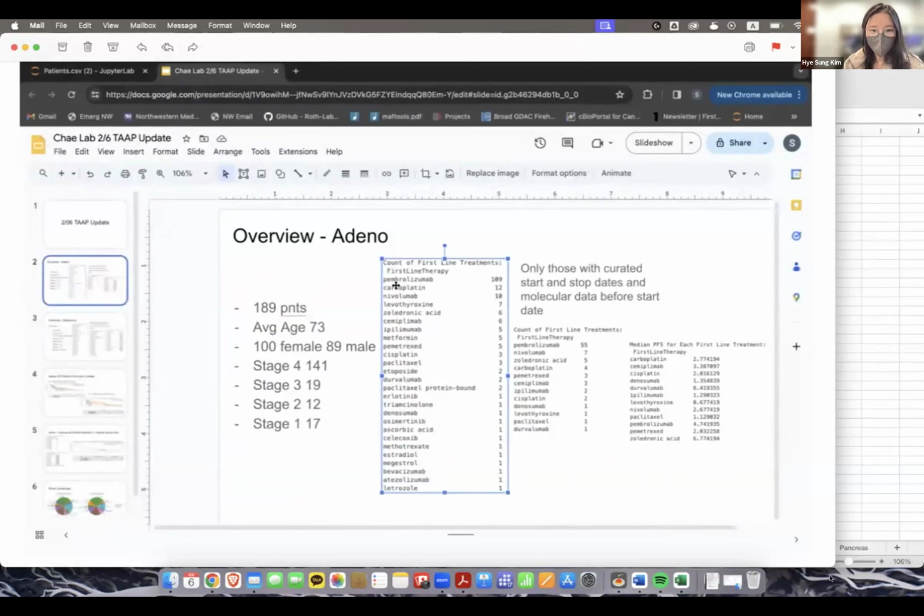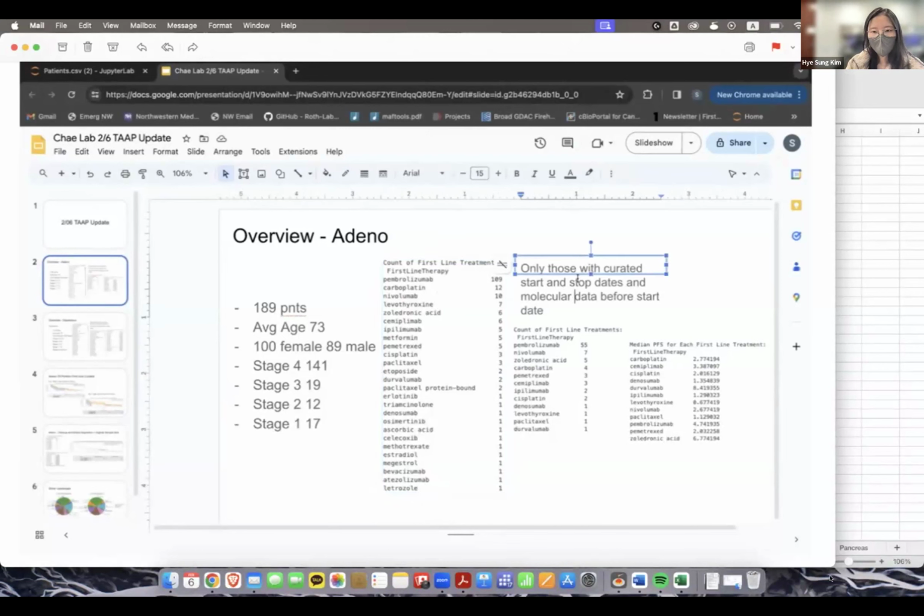And then you have a lot of chemo, you have Nivo, and then you have other things, like the first therapy was levothyroxine. That's something that I will show. You can basically remove and then it'll move to the next line. The way that this data is organized is no matter what medication they got first, that's considered the first line, even if that medication isn't a chemotherapy.